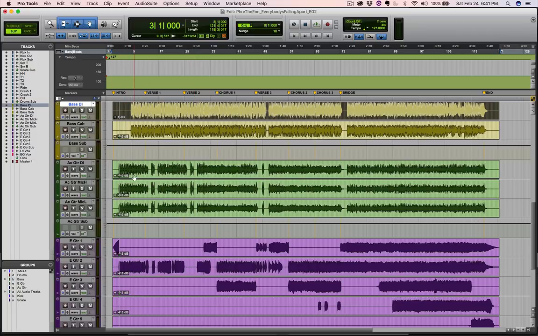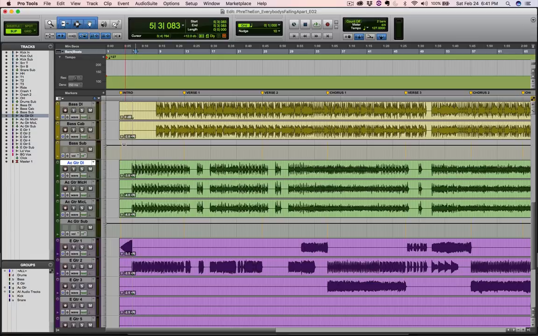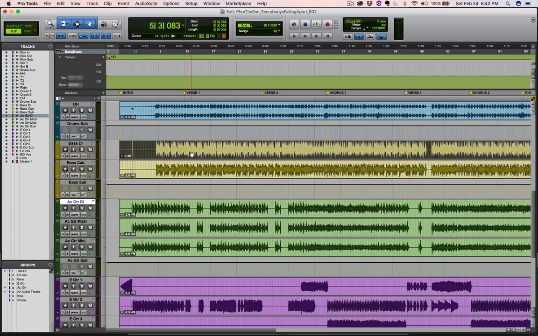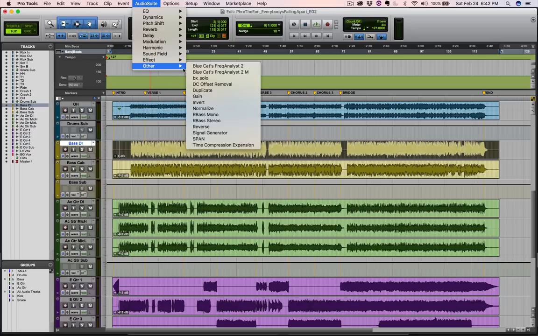So if you'll notice, most of my tracks already have another value other than 0 in it, and what I've done is put this base DI track at 0, which is where you will see all of your levels for all of your tracks, right? So it defaults to 0, and then what we're having you do is set this level so that this audio peaks at -6 dBFS. So what you're going to do is pull up the Audio Suite plugin,